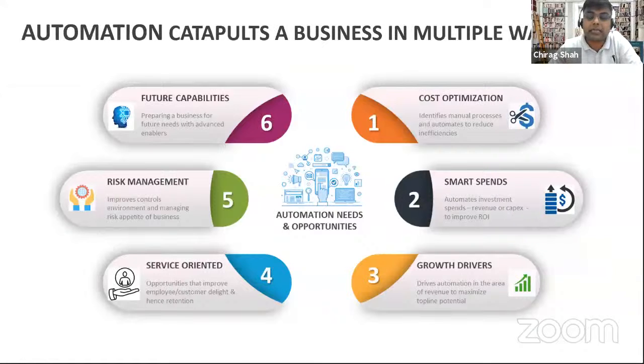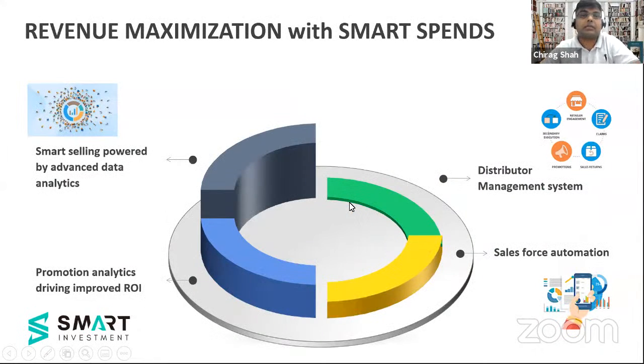And it's just not a need, but also an opportunity. One example which I would like to cover, which tries to cover both aspects of revenue as well as spends, is this one where we started with implementing a distributor management system, and this is something again